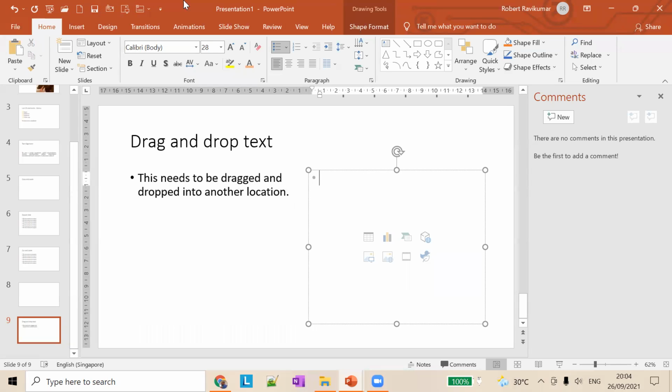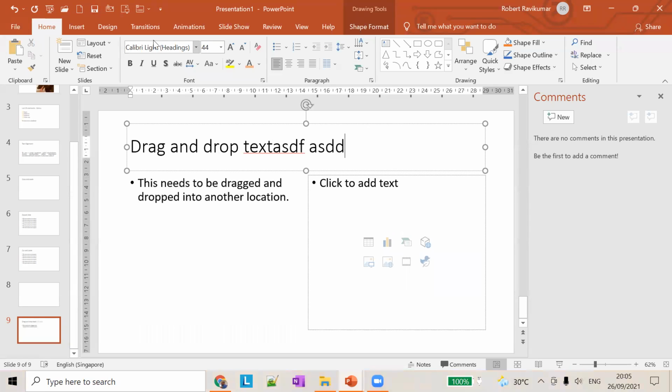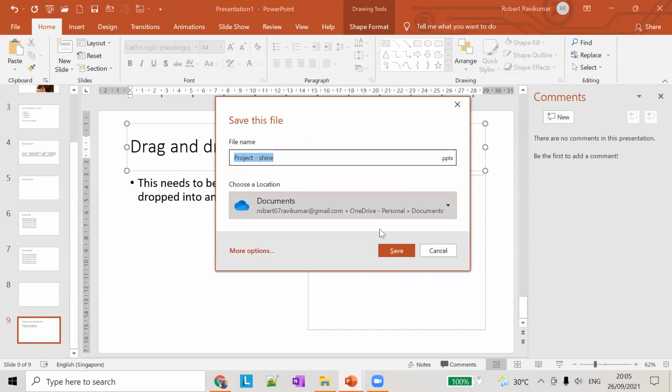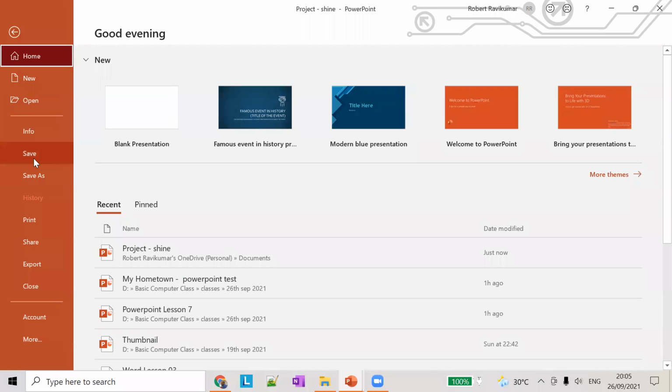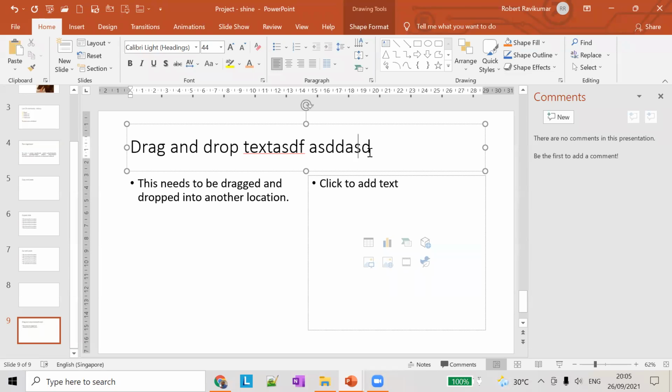So quick access toolbar, we can access it using a single click, right? So you can change something here, click on save here. So that's it. Your file will be saved easily. Okay, so you don't have to go to file, click save here. So all you have to do is here change something here and click on save menu here, and that's it. So this is how you access commands in a quicker way using the quick access toolbar.